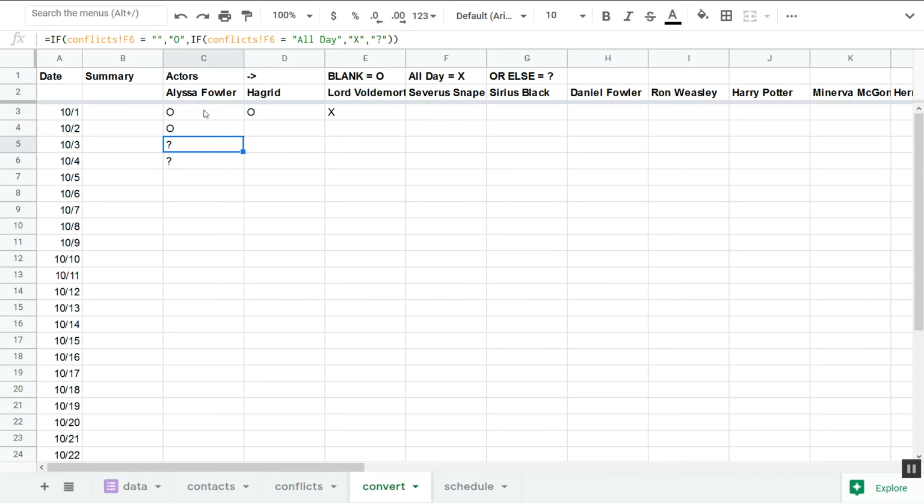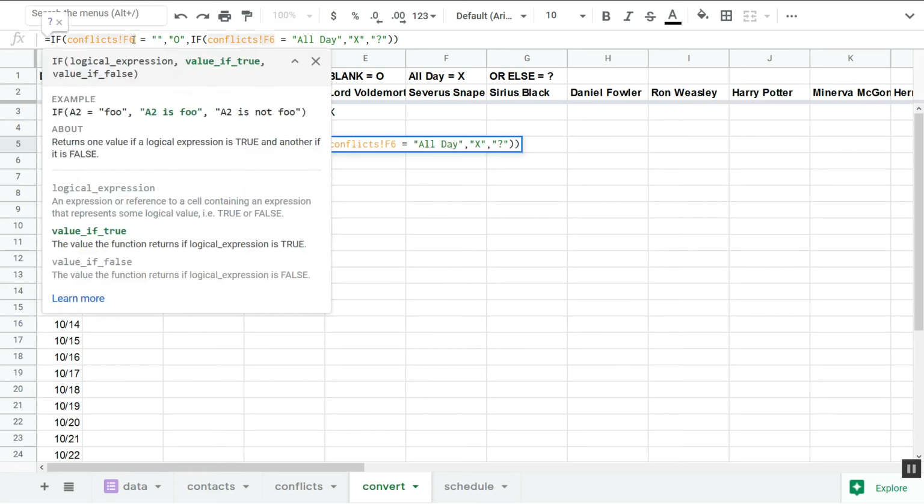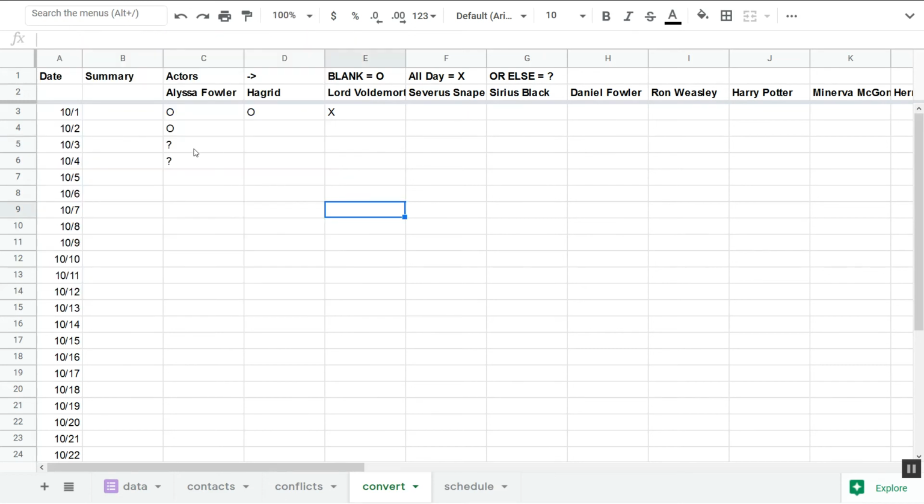I'm not even going to show you what the other option was because it uses another formula, and it's just easier to understand this way, because now if you look at the formula bar, you can very clearly see we are checking some cell content to see if it's blank, and then we're also checking that same cell content to see if it says all day. So it's following that similarity. It's just easier to understand that way. So that's really handy. So now that we've kind of confirmed that this is working for all three of our conflict types,